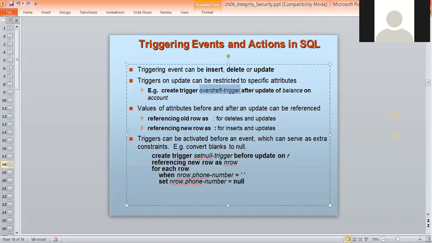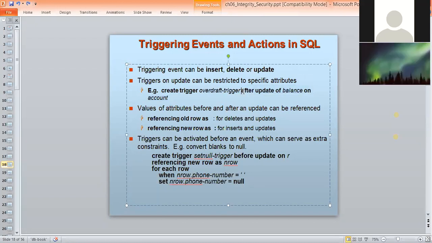Then after update of balance means the triggering actions need to be taken by fulfilling this condition, this criteria: after update of balance on account.